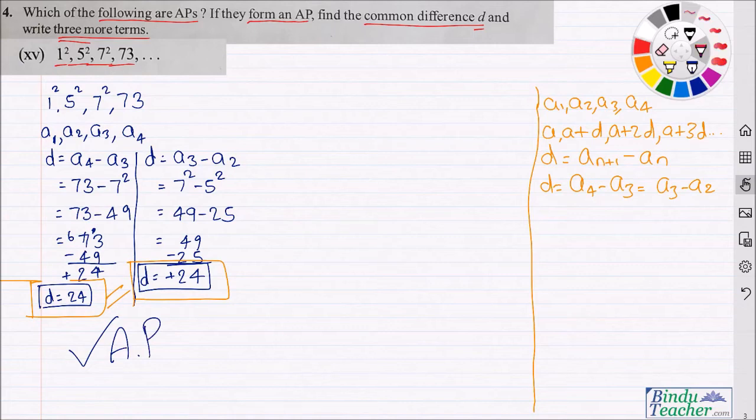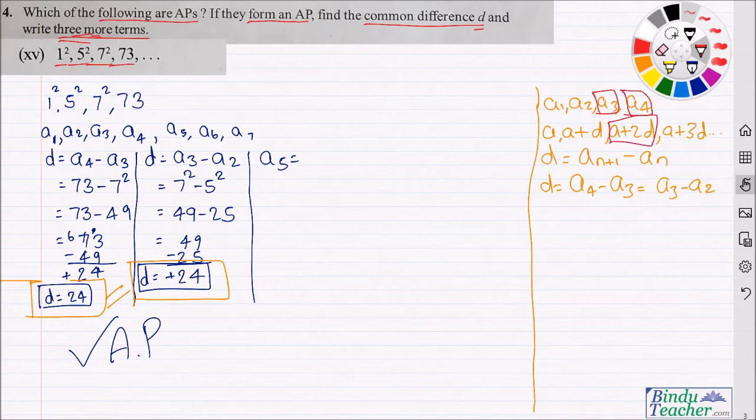Now we can move on to the second part of the question, which is to find 3 more terms. As you can see, we already have the first 4 terms here. Now we have to find A5, A6 and A7. So how do we find A5? What is the formula for this? You can look at the example that we wrote here. For A3, the formula was A plus 2D. For A4, the formula was A plus 3D. Similarly, for A5, the formula will be A plus 4D,